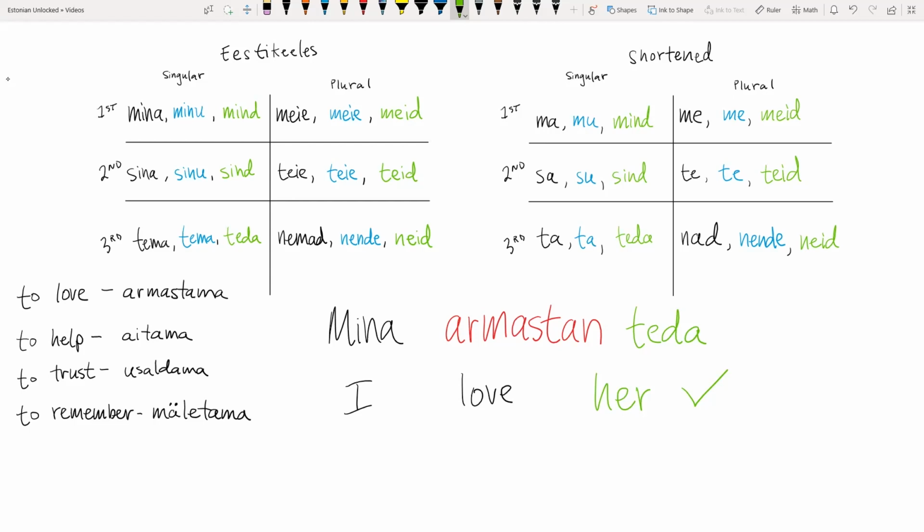Now it's your turn. If you go to this word list over here, and you take these and you use your conjugations to create these sentences of subject, verb, object. Use the Estonian pronouns and these verbs to create a bunch of sentences and just play with this concept until you really understand it. Make sentences like, I will help them, or they will remember me, and figure out how to use these words in Estonian. Take some time to do these examples until you really understand it. Post it down in the comments if you have any questions.